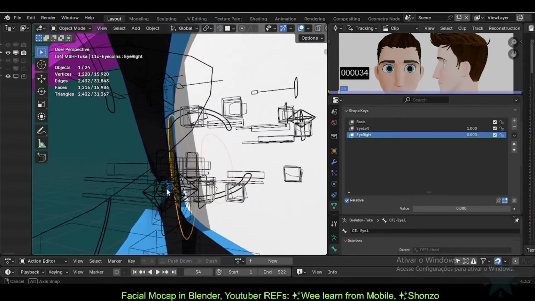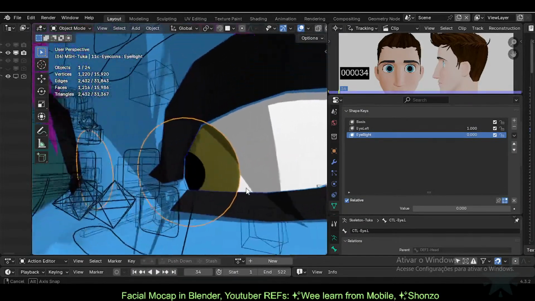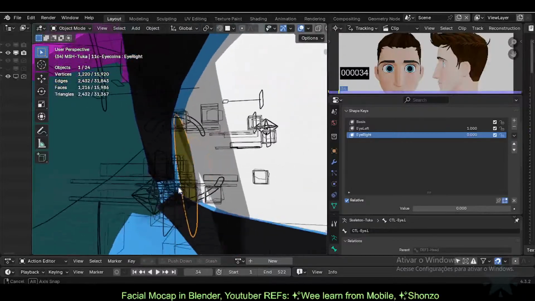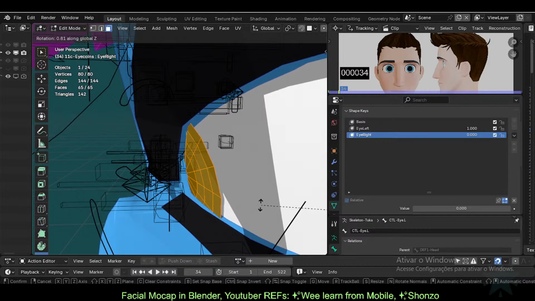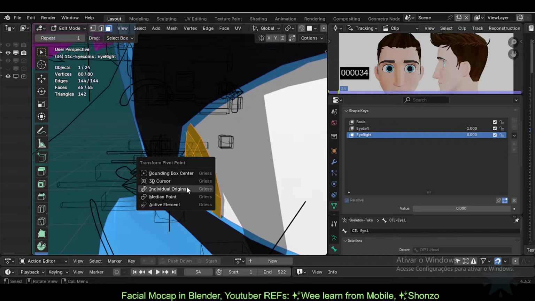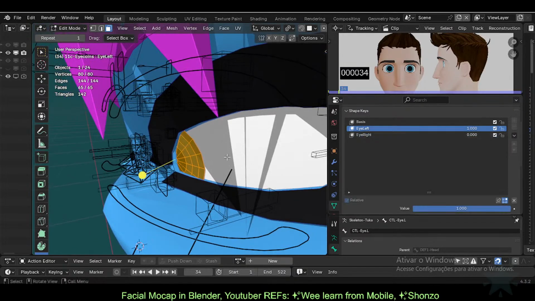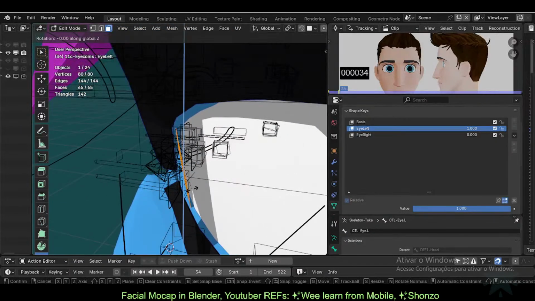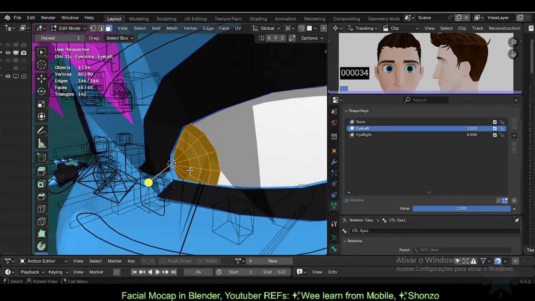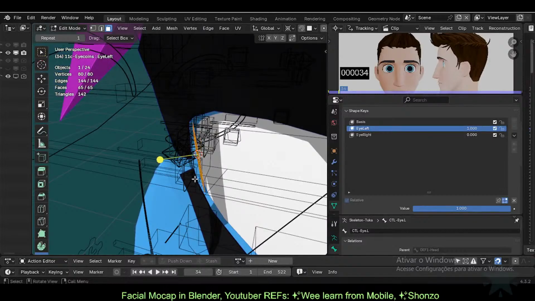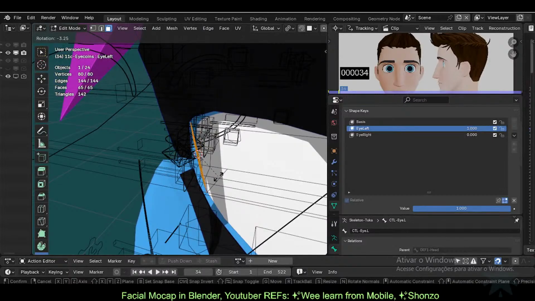The eye is already being shaped, right, according to the deformed bones, but for some reason it doesn't adjust. It didn't adjust to individual origins, 3D cursor maybe, to the